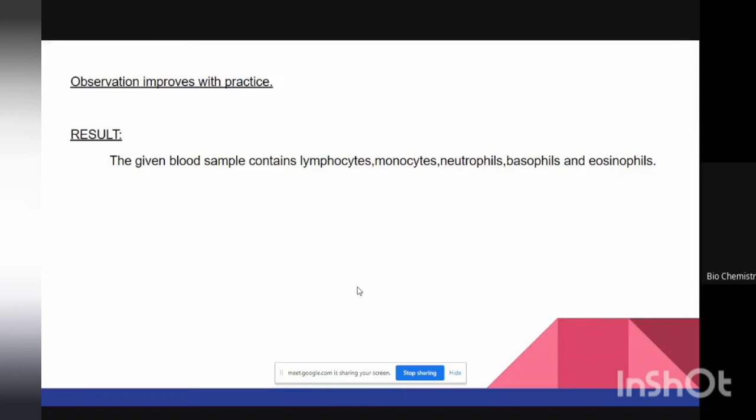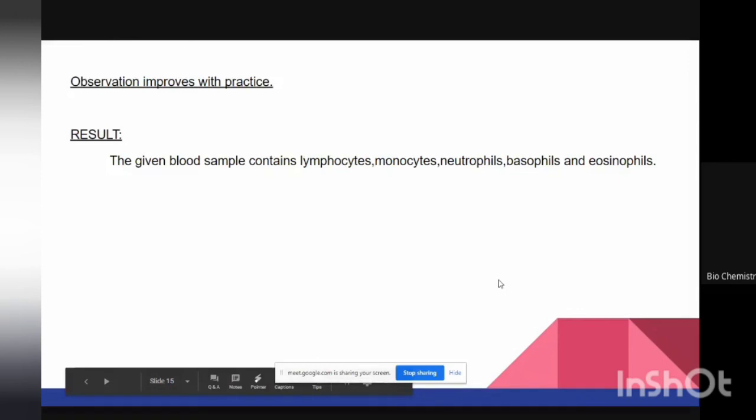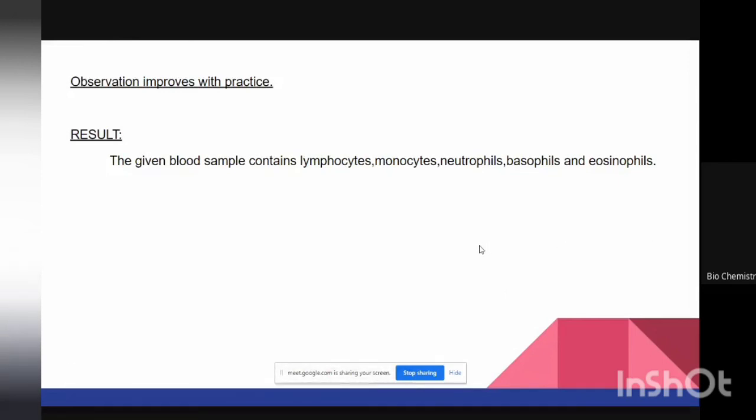So in hematology, and particularly when we are studying WBCs, it's very important to learn how to identify the WBCs depending upon their color taken up from the acidic and basic stains, which in simple terms we call the Leishman stain. And how do you report the result? The given blood sample contains lymphocytes, monocytes, neutrophils, and remember basophils don't come in peripheral circulation, but still for the sake of identification we have to find one or two basophils in the circulation, and then eosinophils. So these are all the important points we need to remember to carry out the process of identification of WBCs in human blood.